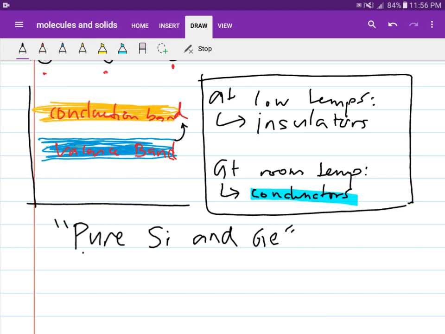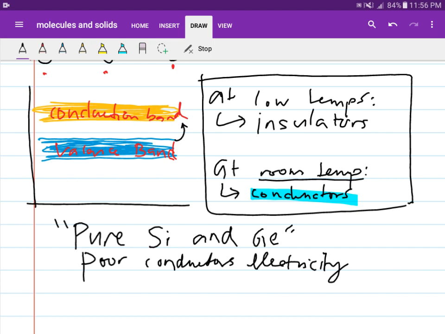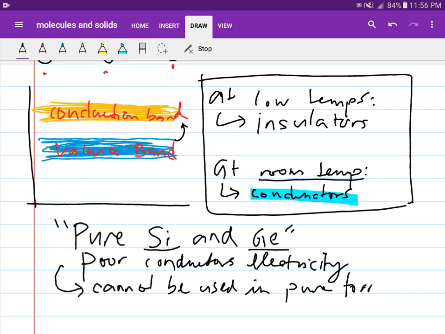Although they conduct, they are poor conductors at room temperatures. Take note, at room temperatures. So these two elements cannot be used in pure form